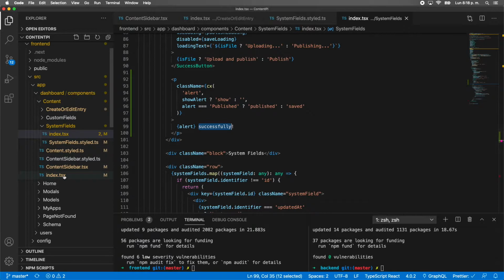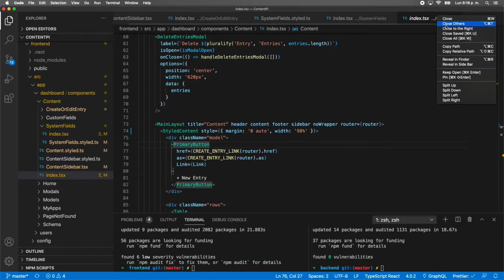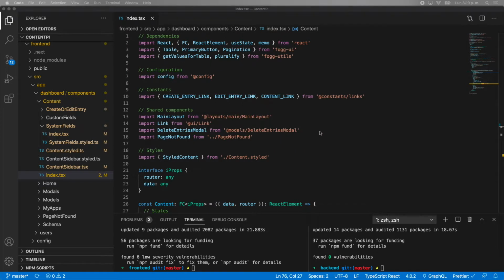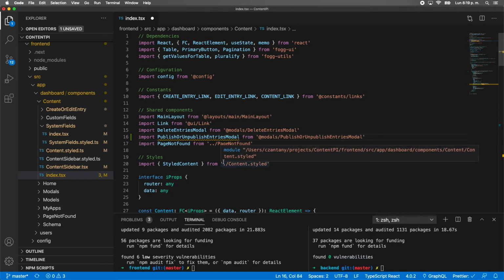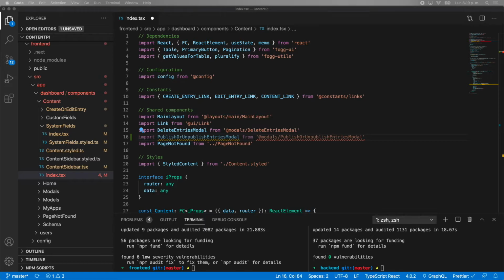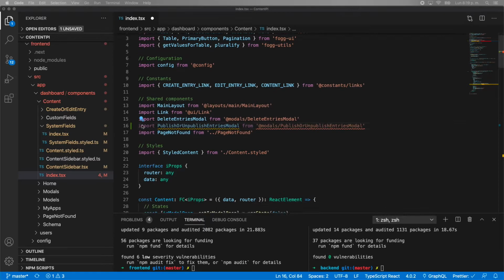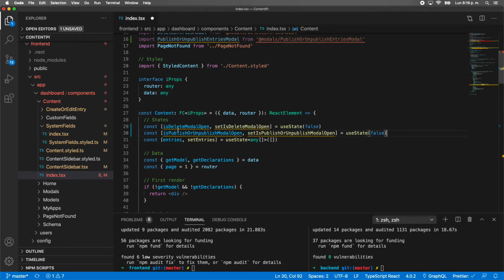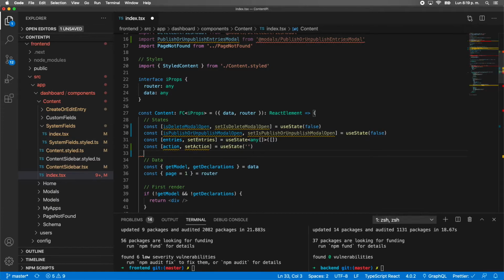Now let's go back again to the index of the content. In here, you need to import the modal publish or unpublished entries model that we will create later. And then the state is modal open is going to change for is delete modal open. And we need to add another one for is publish or unpublished modal open. Also, we need a state for the action,